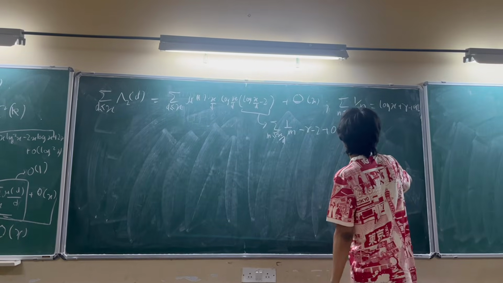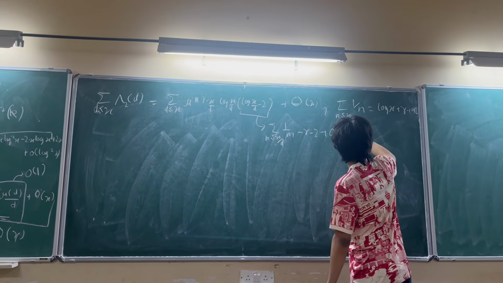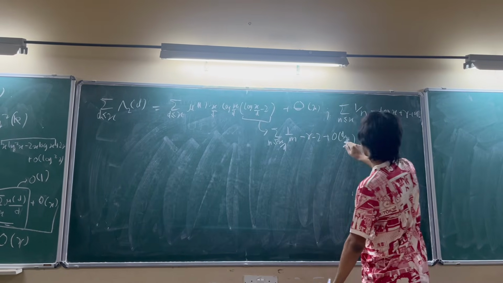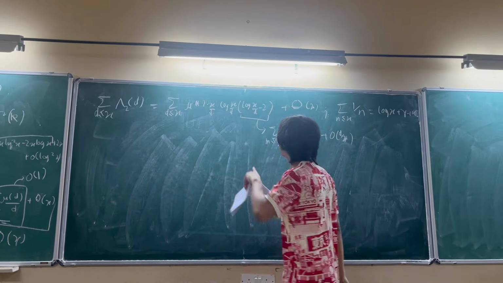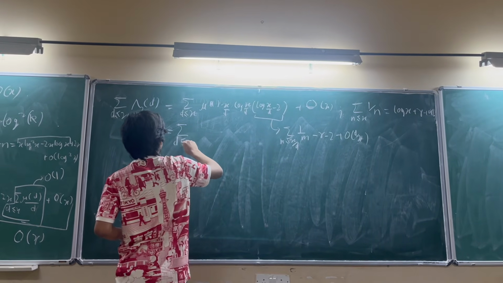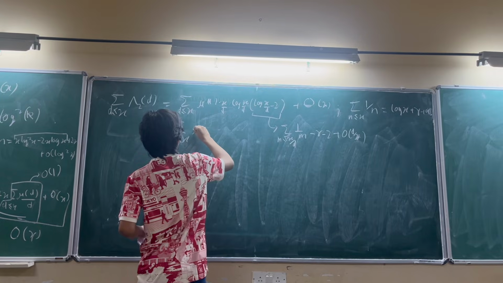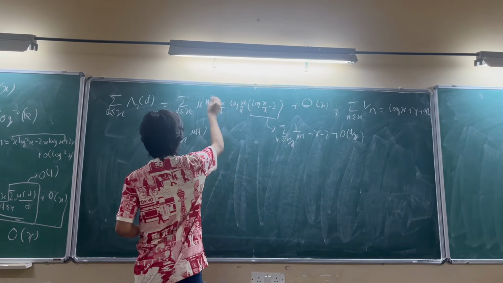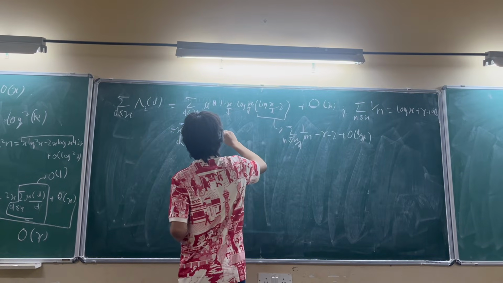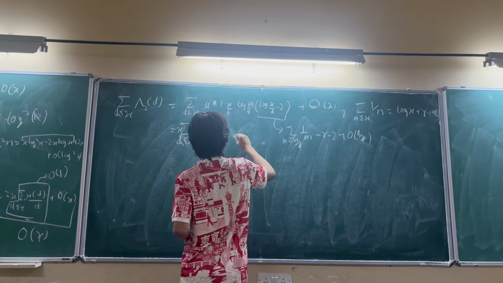Correct? So not 1 by x. It will be d by x, because here we are replacing the x by x by d. So this thing becomes order of x by d. What we are basically left with now is the summation over d less than or equal to x of mu d, I'll remove x here, mu d by d log x by d